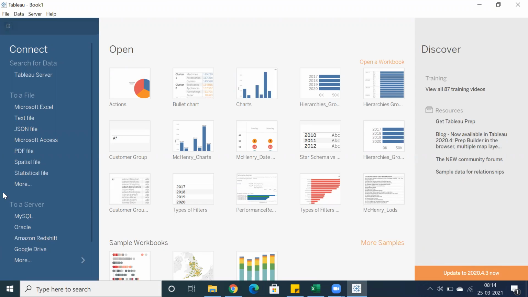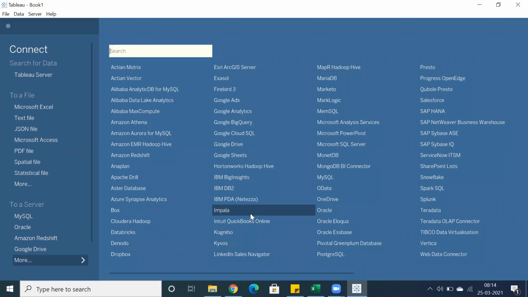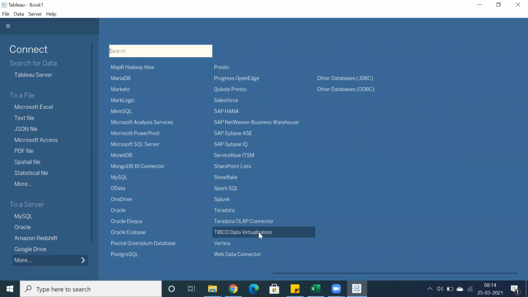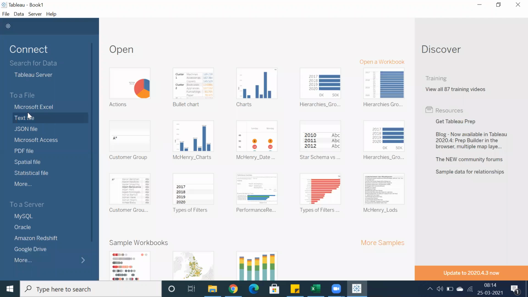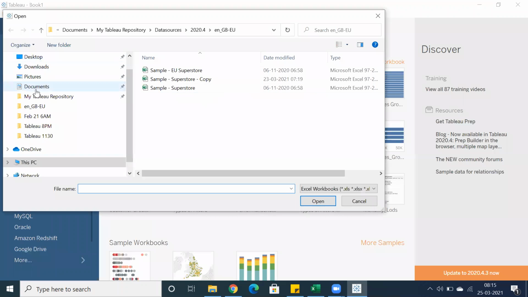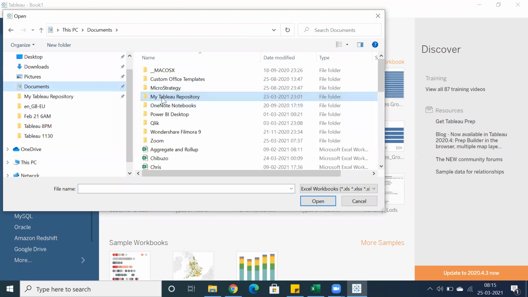So this is Tableau Desktop, and you can connect to n number of databases. We sometimes call it a data source, okay? So no need to get confused over the naming convention, database, data source, okay? And as I said, when you install Tableau, we are going to get a separate folder called My Tableau Repository. This is default.